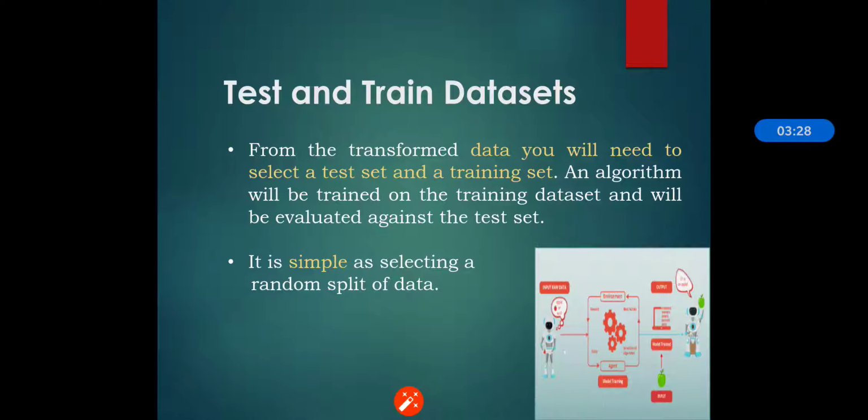The third main thing we have to keep in mind when designing the procedure is the testing and training datasets. From the transformed data you will need to select the test set and training set. An algorithm will be trained on the training dataset and will be evaluated against the test set. Now what we have done is the test harness, then the performance measure is done.